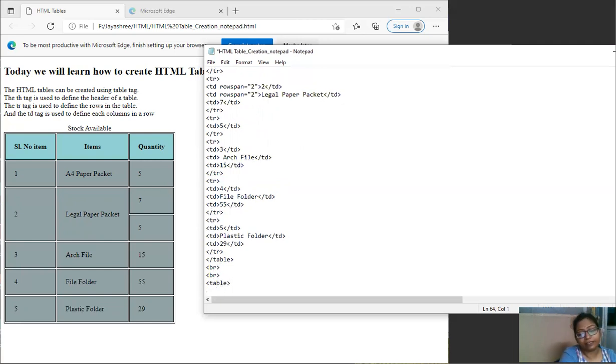Suppose I am trying to write a name in which a person will have two names. Obviously, one is the first name, another is the surname, and then he will give the phone number. Okay. So for that kind of table, what I'm trying to do is expand the cell into two columns. Okay. Let's see how we do it.